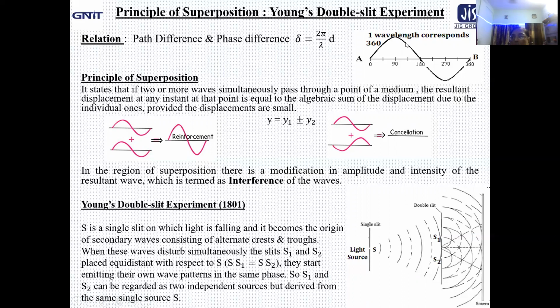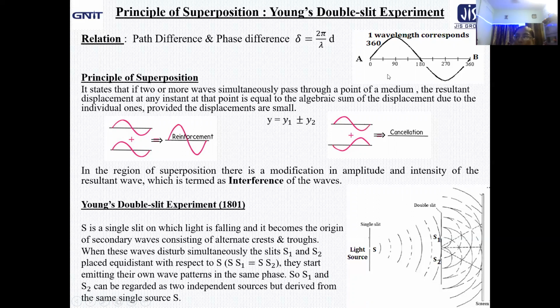Now just take a look. What does it represent? This is a complete cycle of a wave. What about the corresponding angle? That is pi plus pi, so 2 pi. Now look here. This is the separation between crest to crest. This is the separation between trough to trough. Similarly, if you continue this way, you will get the separation between crest to crest.